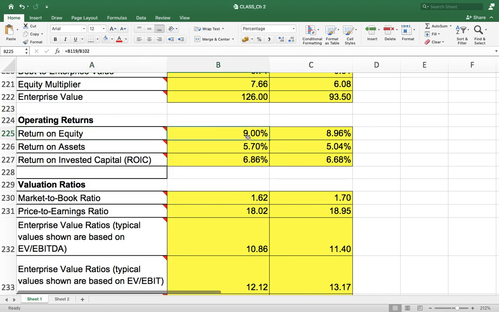Return on equity is net income divided by shareholder equity, which got improved. Return on asset also got improved, 5.70, 5.04. And ROIC got improved, 6.86. So operating returns of the company are pretty good. But the question arises, if you see the